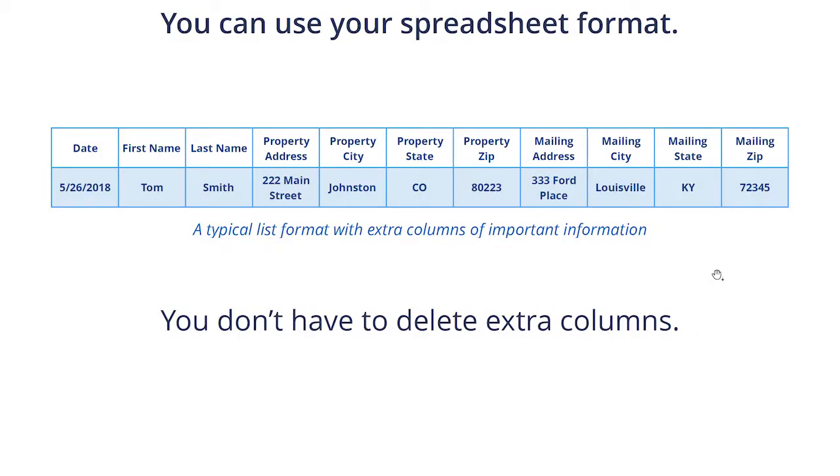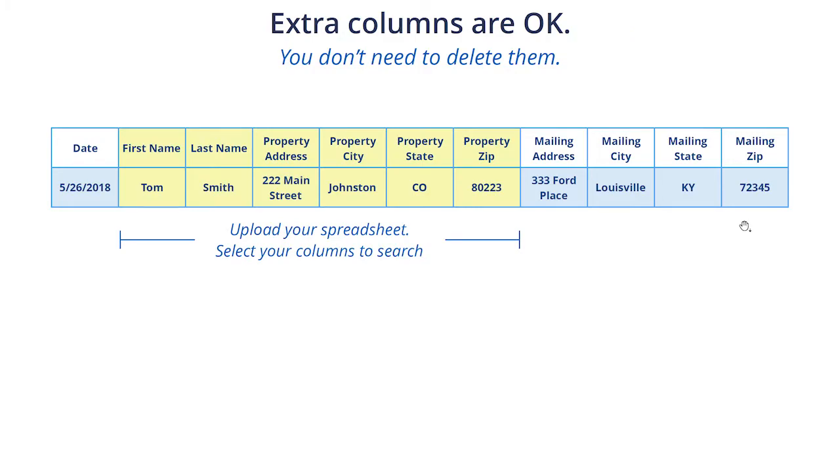And you don't need to delete extra columns from your spreadsheet if you have them. We need the 7 columns, the first name, last name, and then the address columns. But if you also have other columns in your spreadsheet, you do not need to delete those before you upload your spreadsheet to BellesLink, and I'll show you how that works. You'll just identify for us the columns that we'll be using for the search, and we will ignore all the other